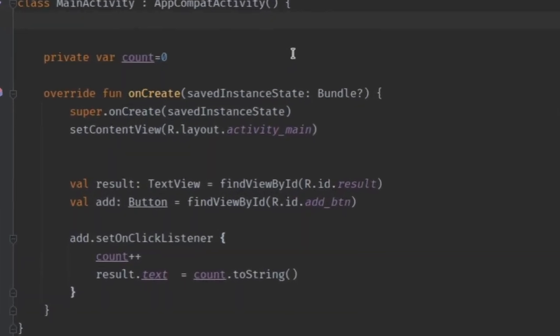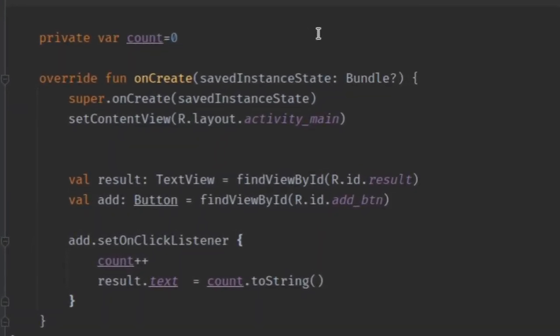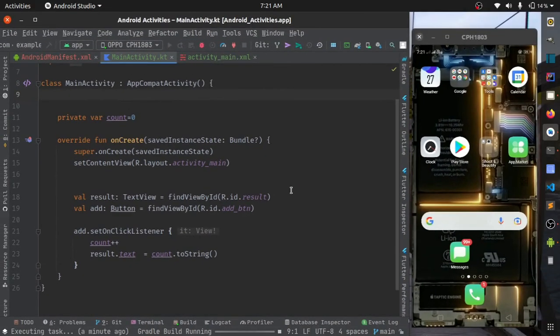Okay, till it boots, I will just explain this findViewById. Actually, the Android views are a tree-like structure, and findViewById searches for that ID through that tree. By taking the default root of the Android activity, it goes down the tree and returns its reference to this result text view. So this is how Android finds a view.